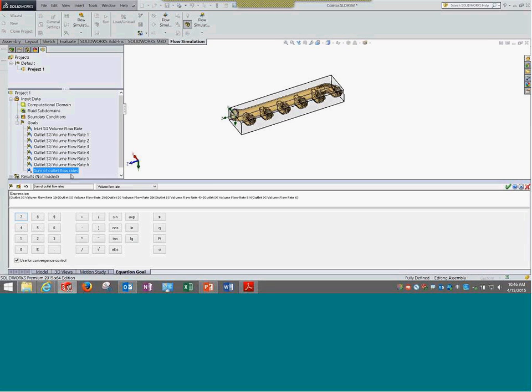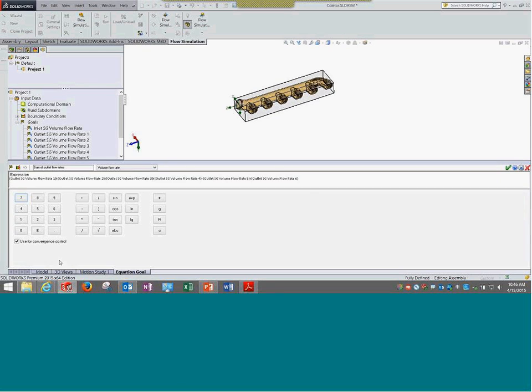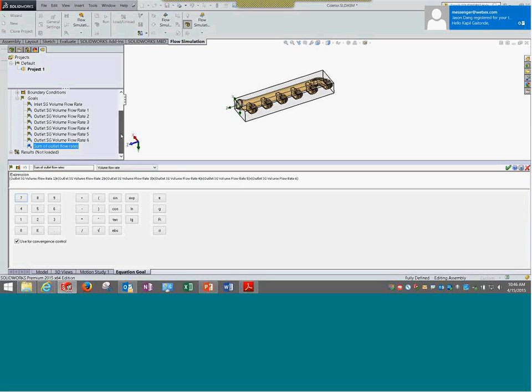You can directly create an equation here and actually find out values. In this case, you can see there is an expression adding the volume flow rate at all the 4 outlets. Now, if I get rid of this just to show you how it works,